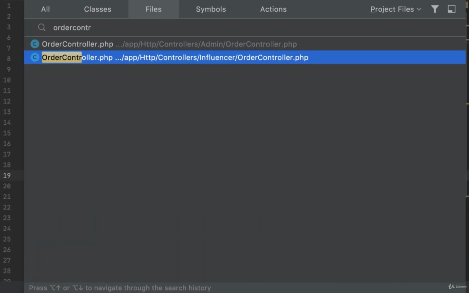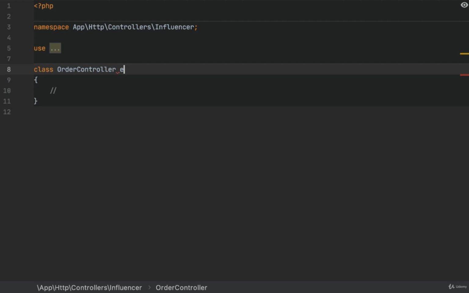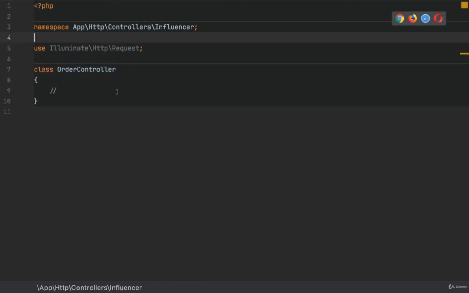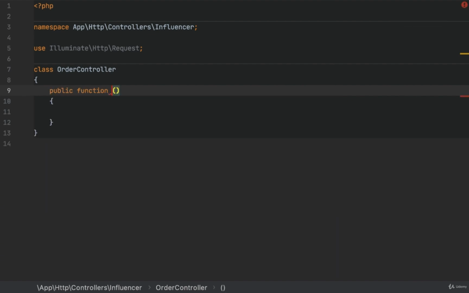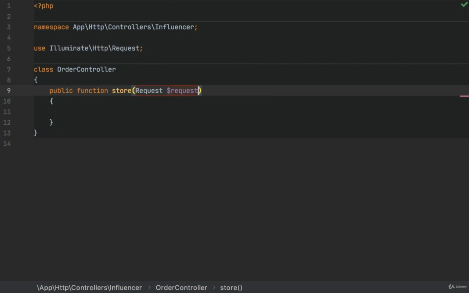We have two order controllers. We have to go to the influencer order controller. Remove this extends, and we will create the store method, and we need the request here. Here we will create the orders. So first